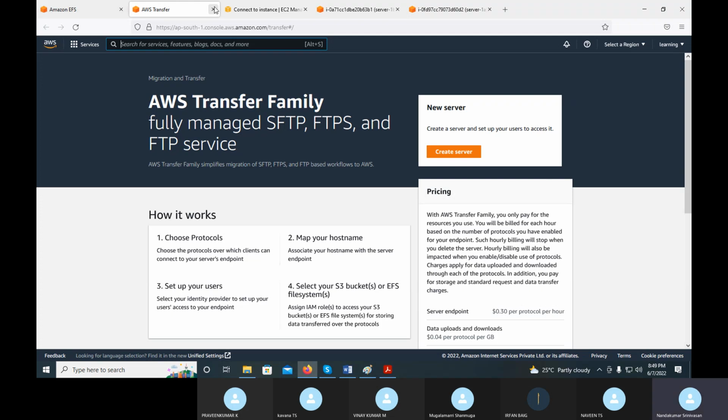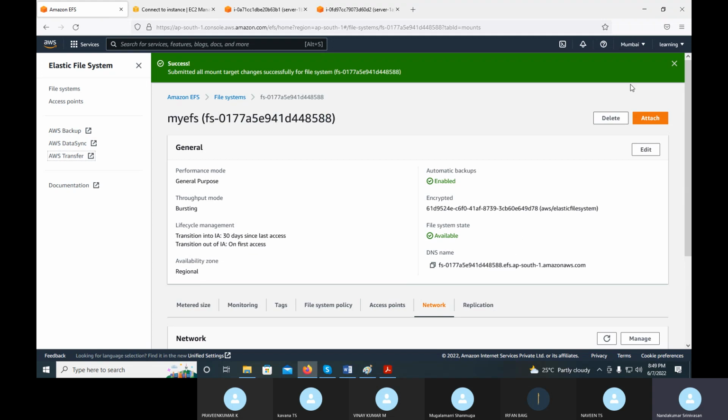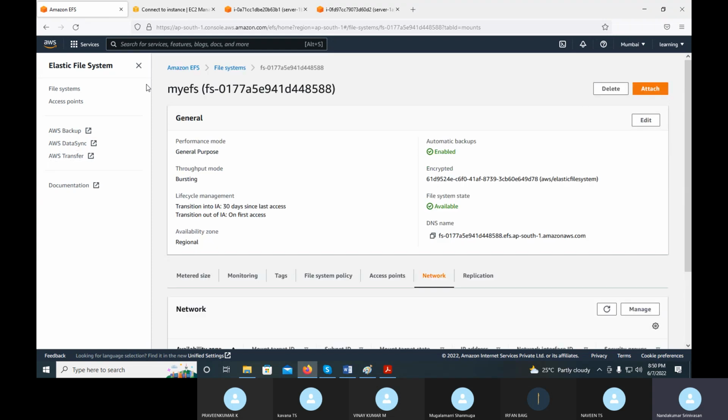There is nothing free. Even what I did is also chargeable only. So for my account it is charging. For your account you won't get charged because you are in the free tier. Okay, for 1 year it is free. You won't get charged. Okay, to delete that,